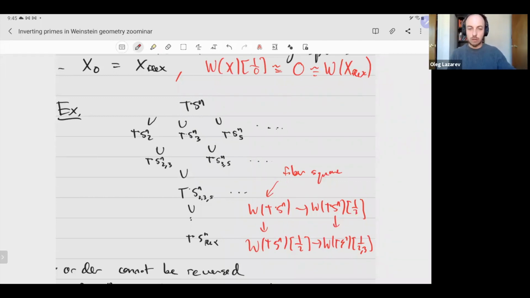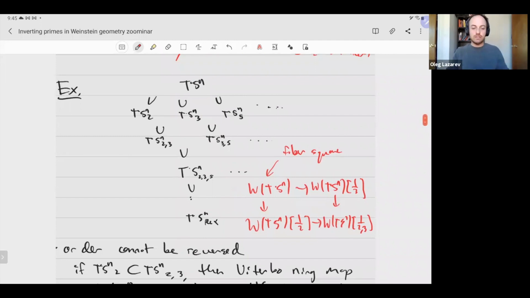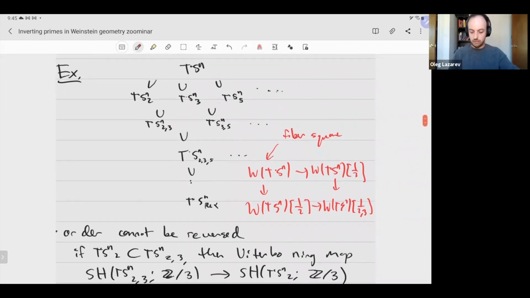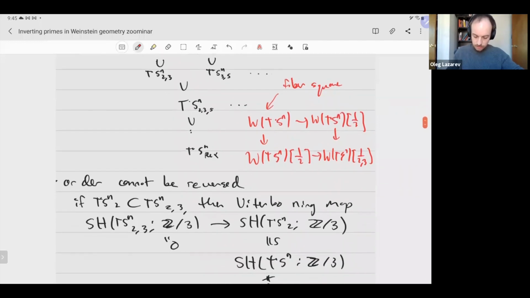Okay, and so you have this lattice of subdomains in a cotangent bundle. I want to say briefly that, in fact, the order of this lattice cannot be reversed. This is a pretty rigid lattice in the sense that you cannot, for example, symplectically embed this 2-localization of a cotangent bundle inside the 2-3 localization, even though the 2-3 one goes into the 2-localization. Because if you had that, then you would have this Viterbo ring map on SH going from the bigger domain to the smaller domain, and you could apply it with coefficients, say Z mod 3, and